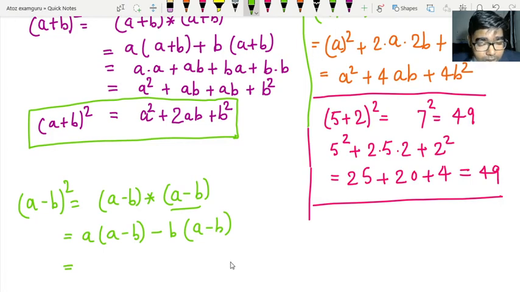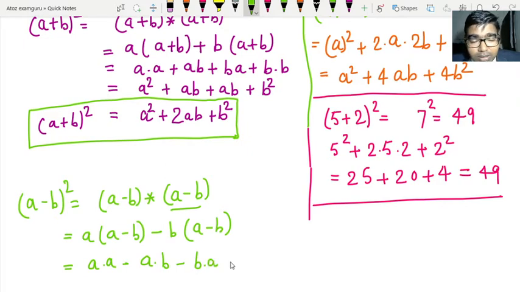Now you multiply this a with this a, means a into a, and now this a with this b, it means a into b, minus, you multiply this b with this a, means b into a, and